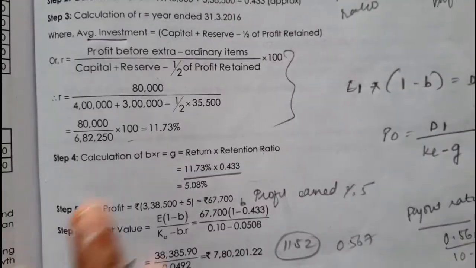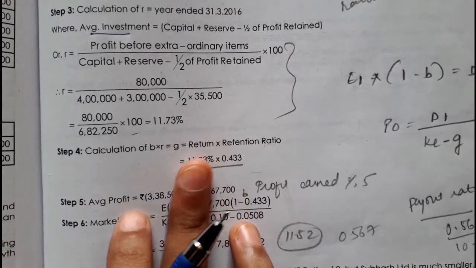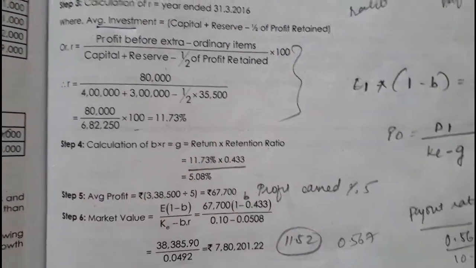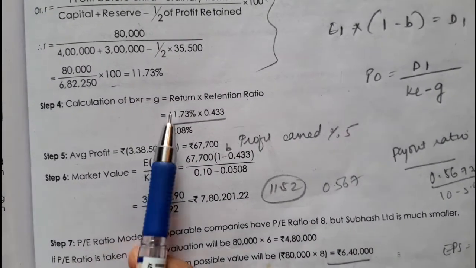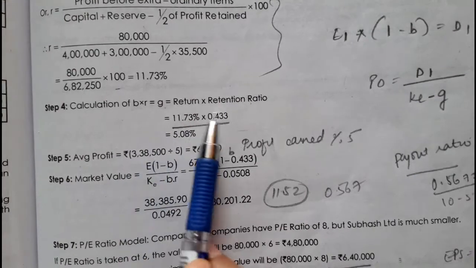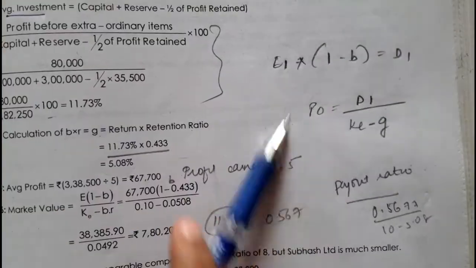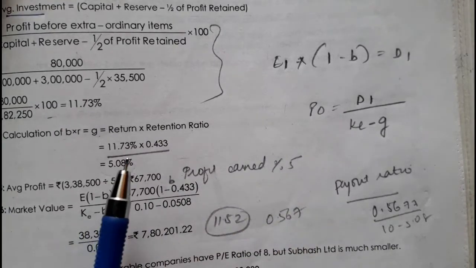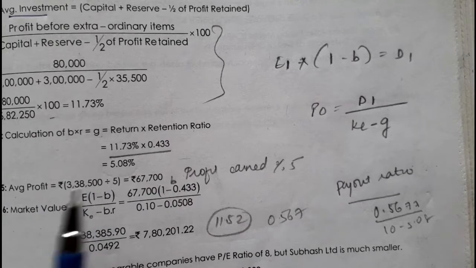Okay. Now growth G is equal to B into R. These are all the formulas which we did in the first and second parts of the video. So it would be better if you have not watched them, to watch those. It would make the work simple. So B into R gives the growth rate, and we got the growth rate as 5.08. Now putting it into this formula is quite simple. Now we have got the growth rate, we got the return R, and everything which is required.